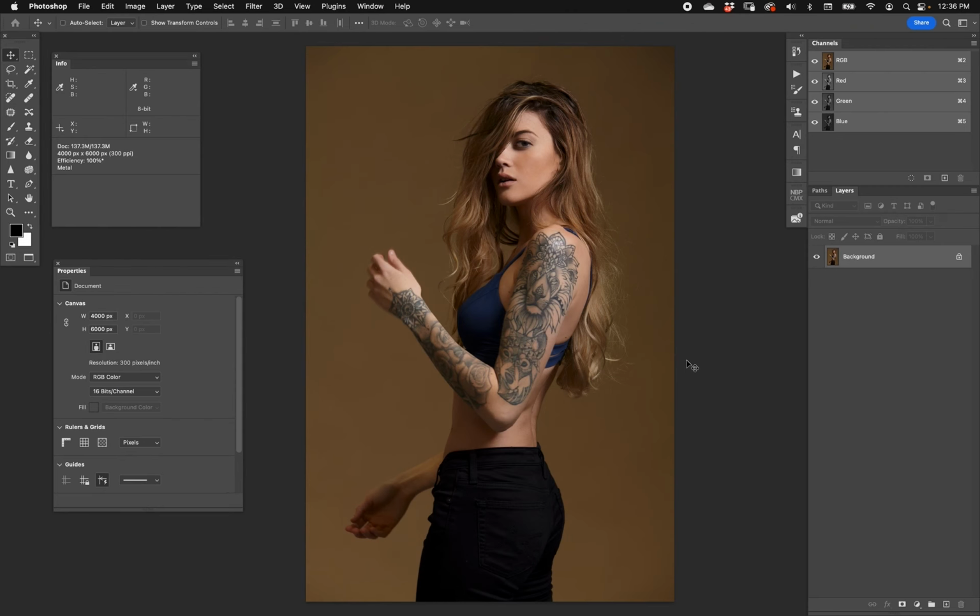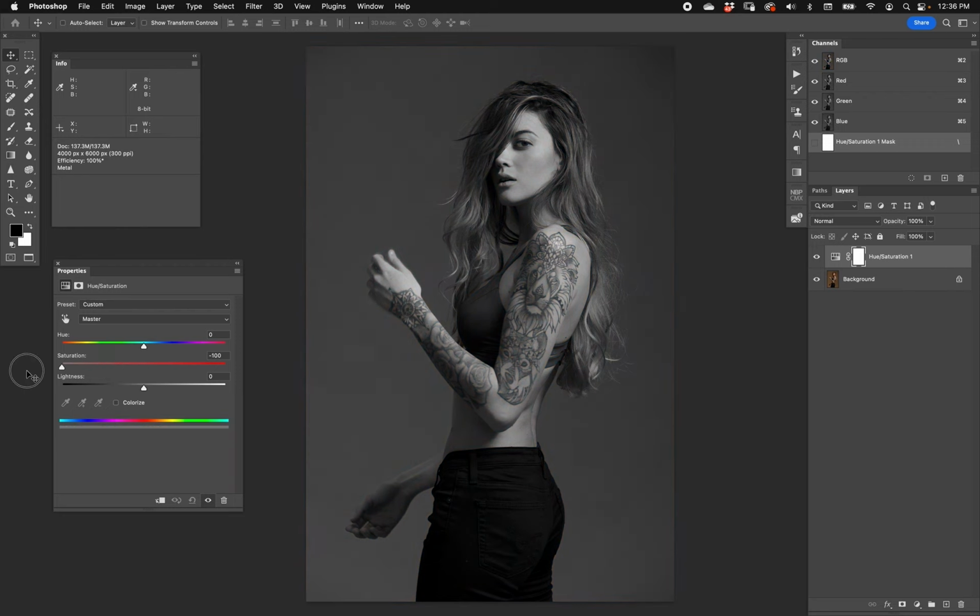Hey, what's up guys? I'm back today with a quick tip regarding black and white conversions, because I feel like I answer this question a lot. It's simple, but for some reason people overlook this. And I just want to show you because it can give you some different dimension and flexibility in your black and white conversions. So a lot of times people will go to a hue saturation layer and desaturate, and there's your